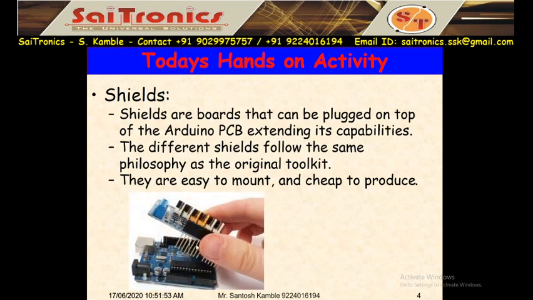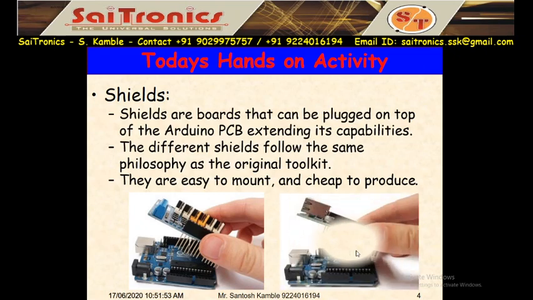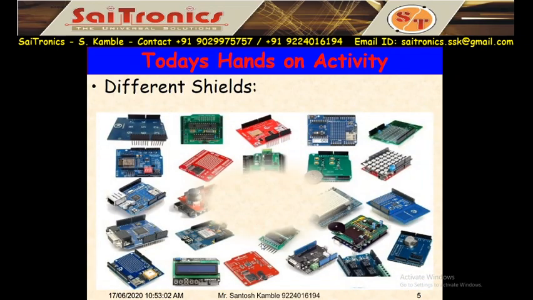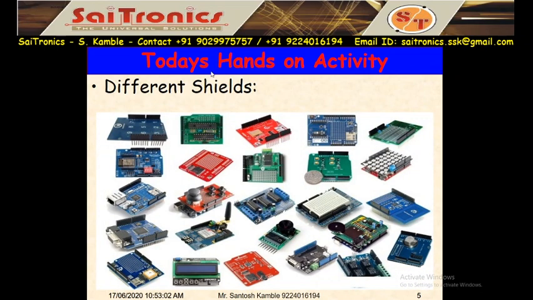This is my Arduino board, and on this Arduino board you can mount the shield. Shield is used to reduce the wires. The wire connections are made using these terminals. This is another example of a shield. You can mount it on top of the Arduino, and the same pins will appear on the upper side. There are n number of different shields like this.